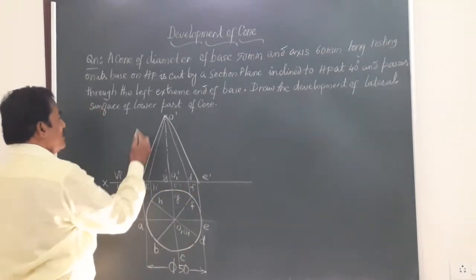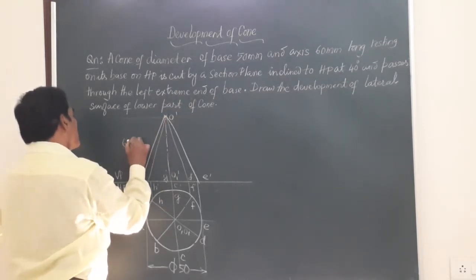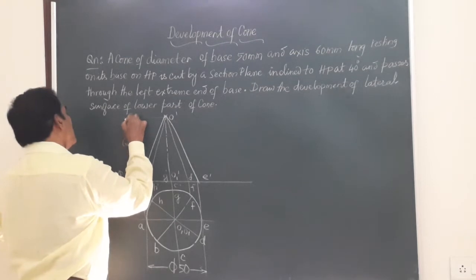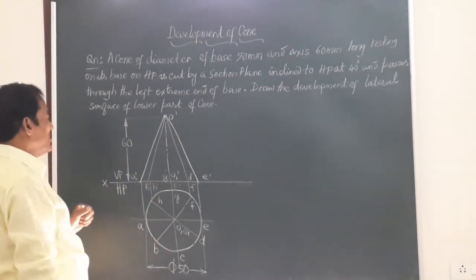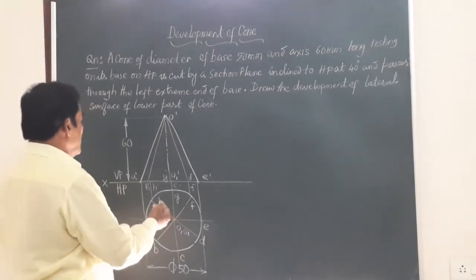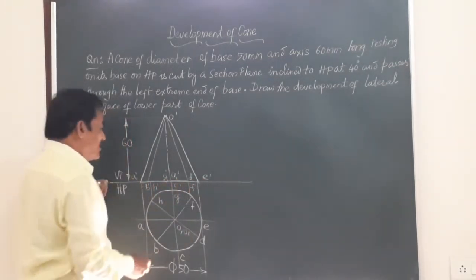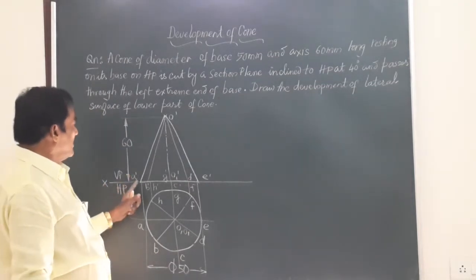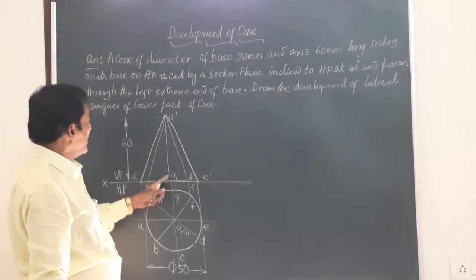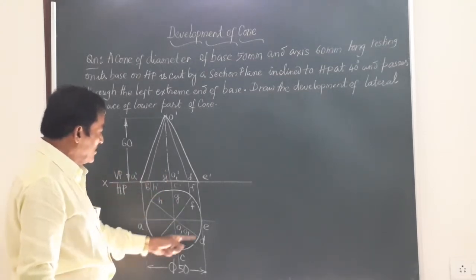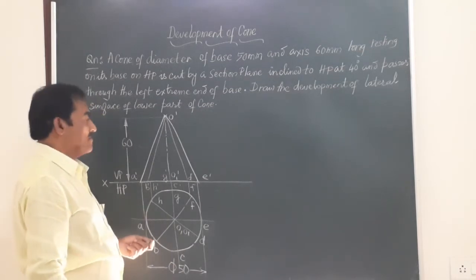So this is having a height equal to 60 mm. So let me mark the height of the cone as 60 mm. So friends, we have marked here the top and front views of the cone resting on its base. So the base is represented by A dash, E dash, that line. In the front view, height O dash, O1 dash is going to be 60. The top view appears as a circle of diameter 50 millimeter.